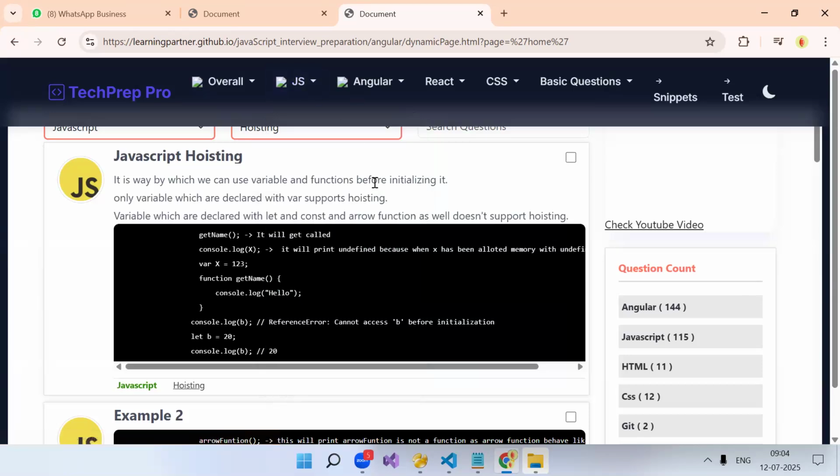Fine. Now, what's the definition of hoisting? So, in a very normal way that you can understand properly, what do we mean by hoisting? It is a way by which we can use a variable and function before initializing. Okay, means